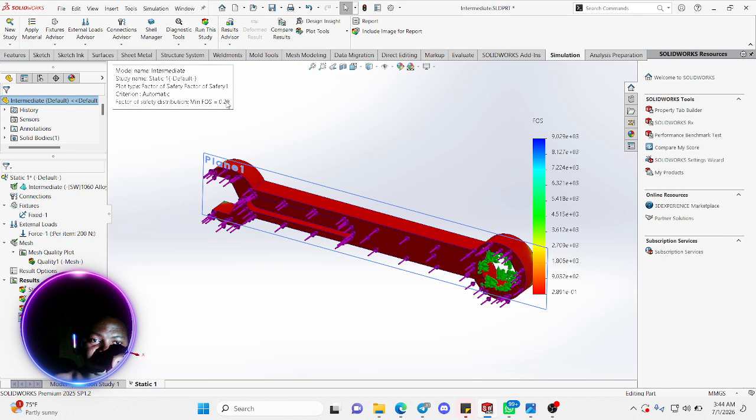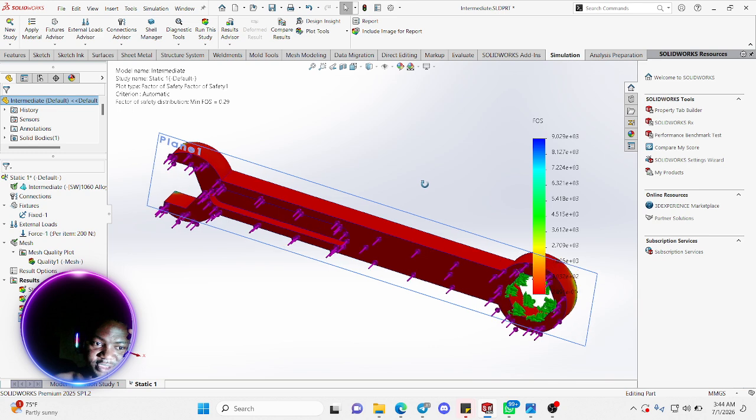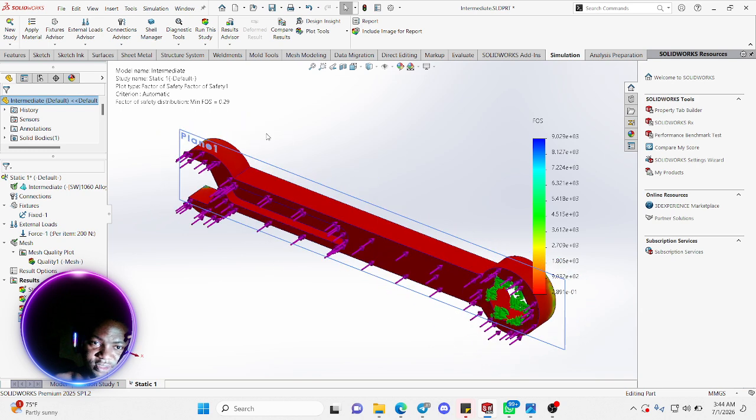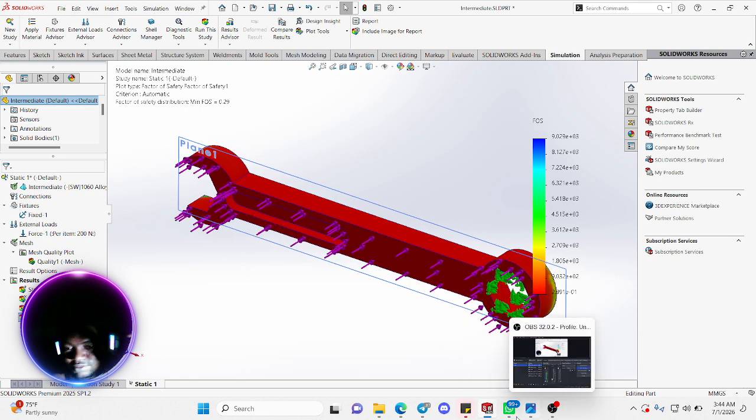From this now, you can see we've been able to achieve 15% reduction in mass, which is what we did. And our factor of safety, we've been able to increase our factor of safety. But the idea was also to reduce it. So let me go back to